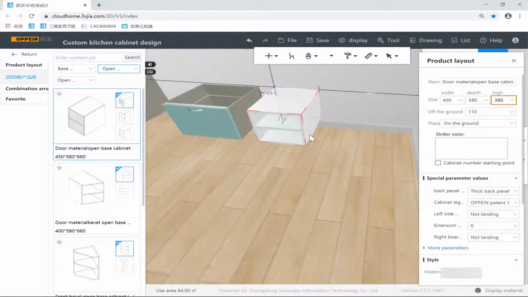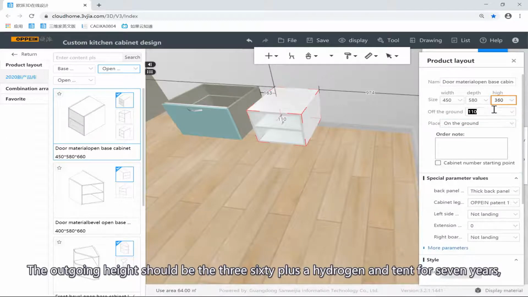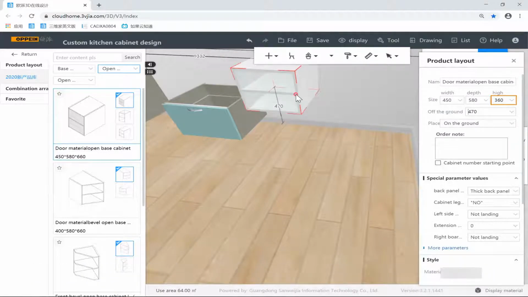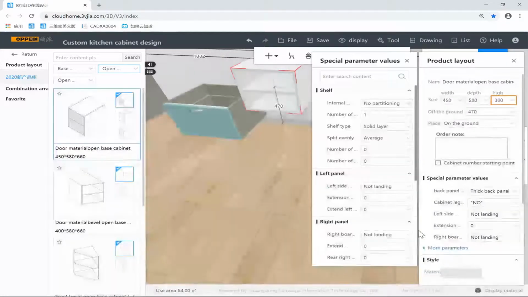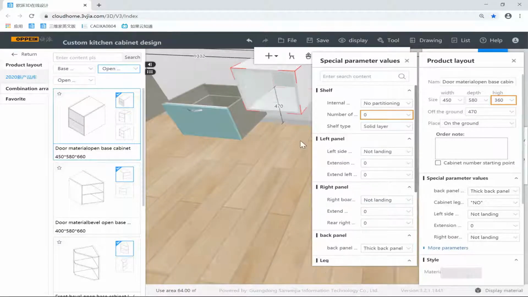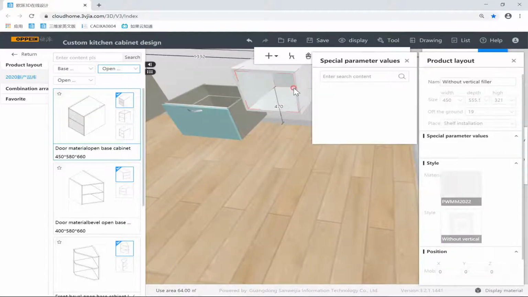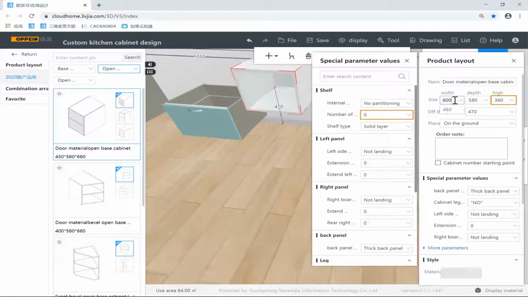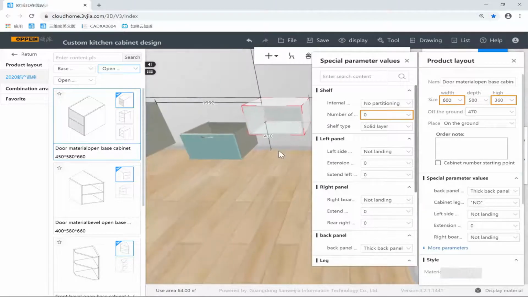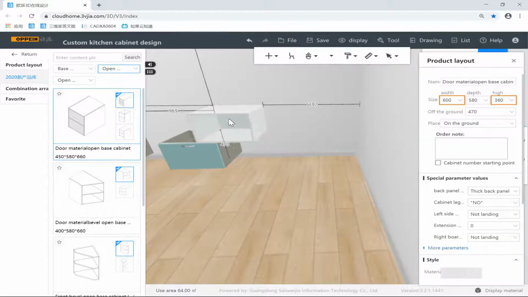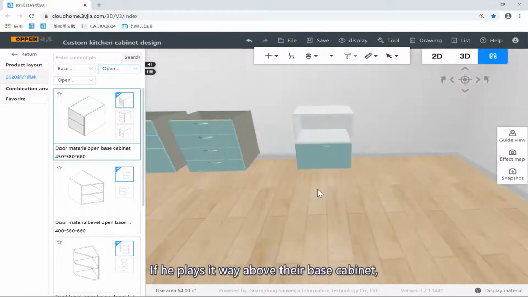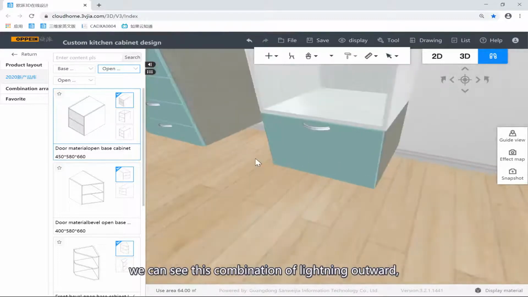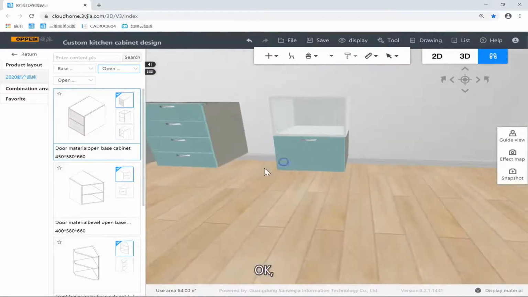And for this one, the off-ground height should be 360 plus 110, so 470, and we set the number of shelves to 0, and the width we want to be 600. If we place it right above the base cabinets, we can see this combination a lot in our showroom samples especially. Okay, so